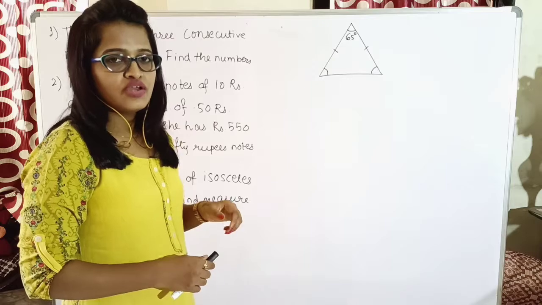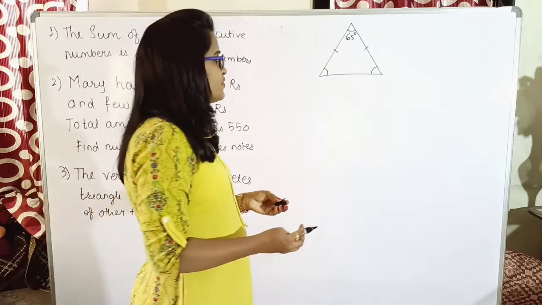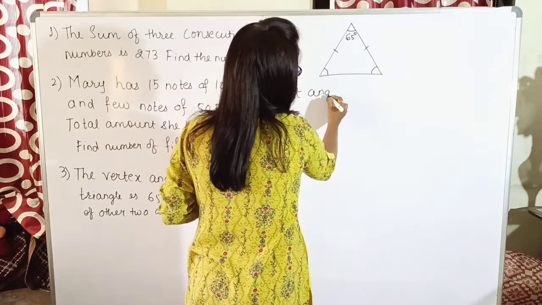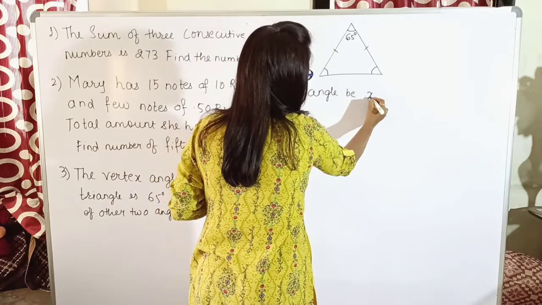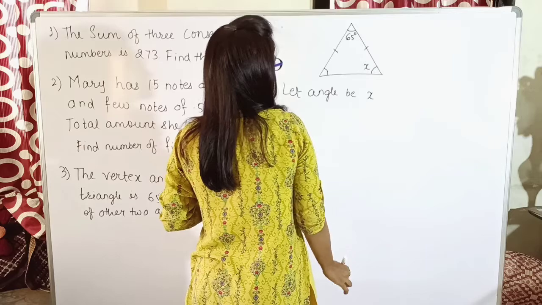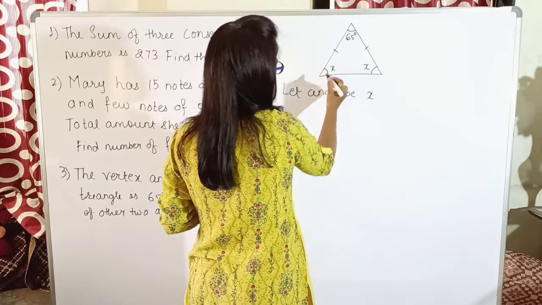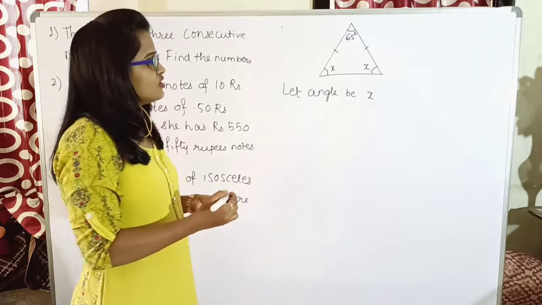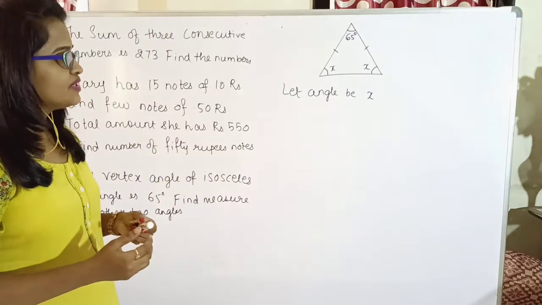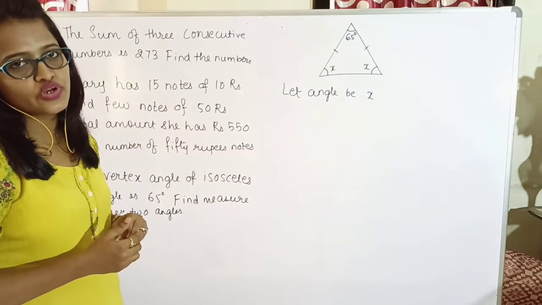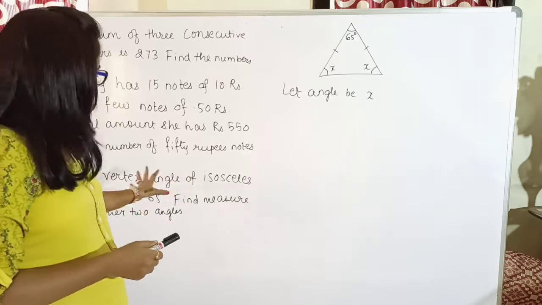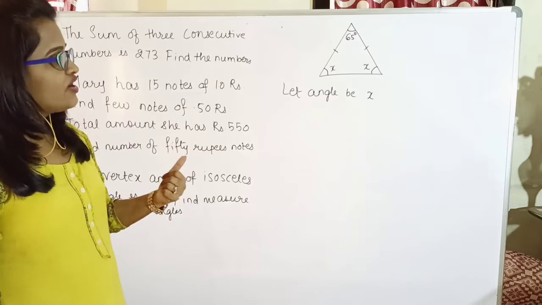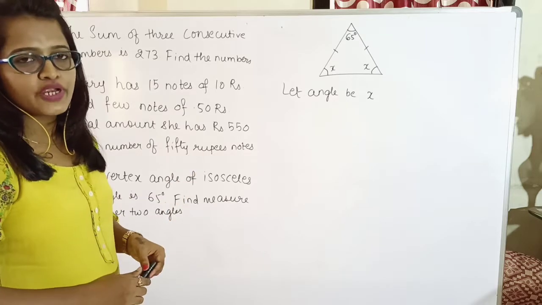Okay, so we have to first of all assume that the angle be x. If this angle is x, and just now as I have said the two angles are equal, so this angle will also be x. Yes, now I have got three angles for the triangle, but I have to frame an equation so as to find the value of x. Now nothing is specified in the question, so you have to apply your logic with respect to triangles.